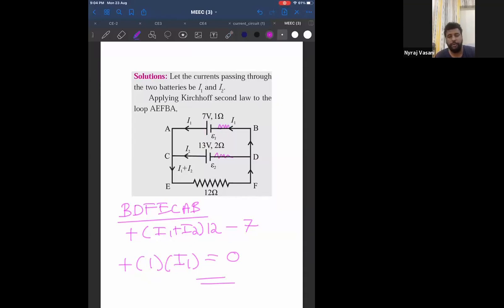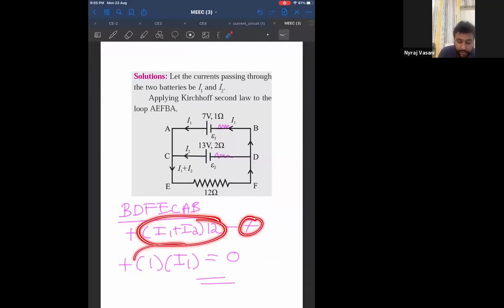Tell me how many of you got the right answer? Check. Sign mistake is the wrong answer. Don't tell me I made only a sign mistake. That is the main thing. Otherwise, the term is very easy. And after you finish getting it, make sure each and every term is a voltage term. I'll tell you why. Because many times students in a hurry just write current. They forget to write resistance. Therefore, the current term is not there in KVL. Each and every term should be a voltage term in KVL. Okay.